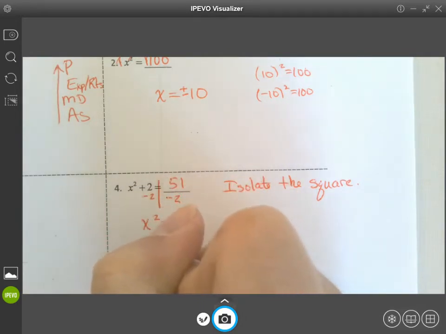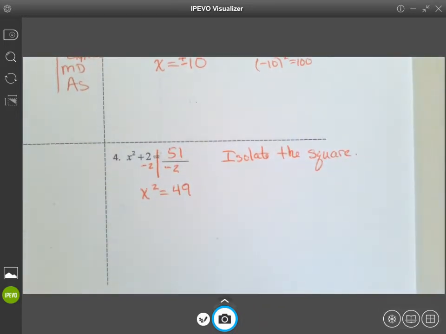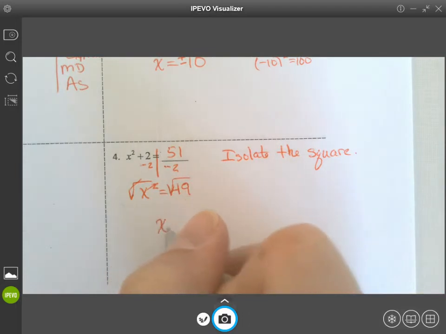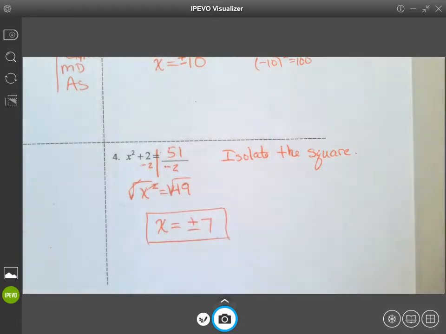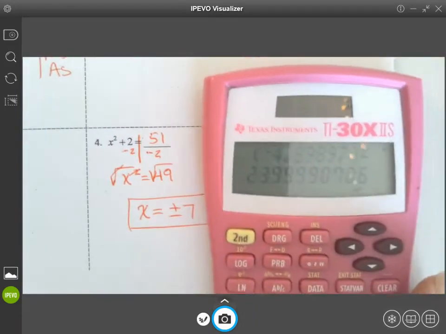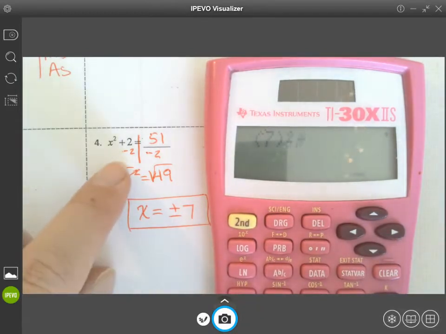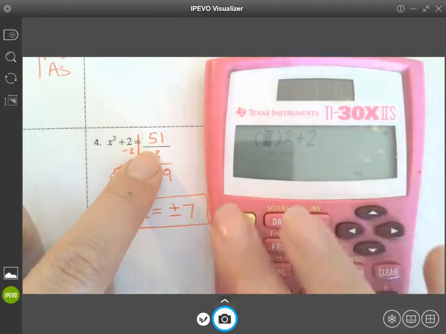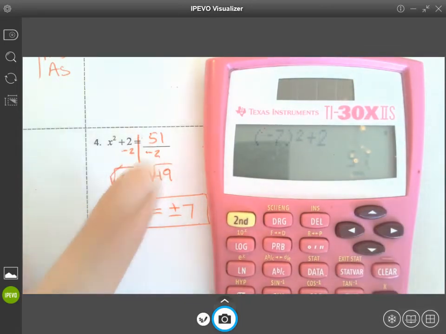So I get x squared equals 49. Well, that's a lot nicer. So what's the square root of 49? Oh, I can't get you this time, huh? So this is why I'm taking the square root. X equals positive or negative 7. Now, if you go back to the beginning and you type in 7 squared, which is 49, and you add 2, you get back your 51. If I go back up and I put in my negative 7 squared, I also get 51